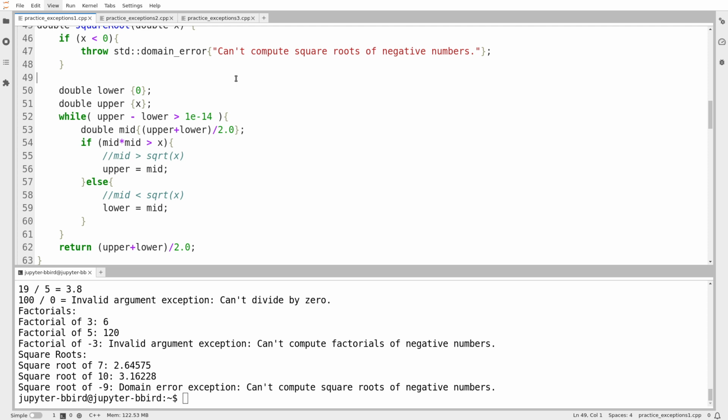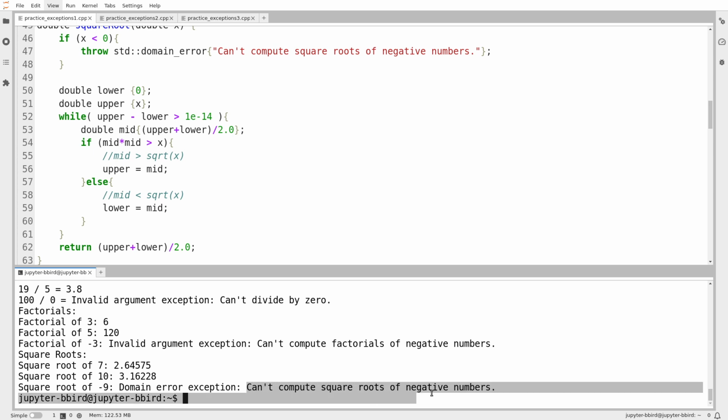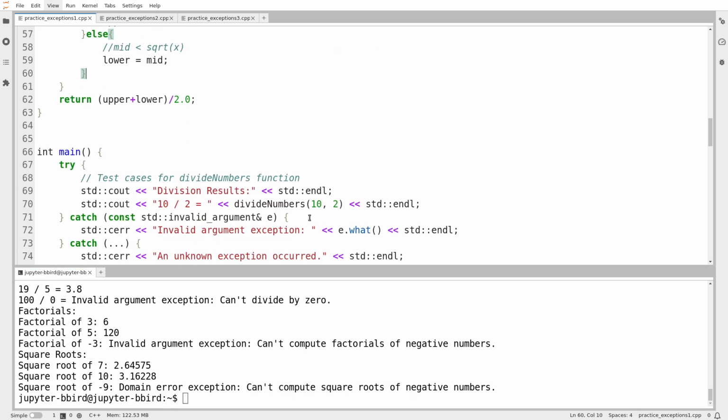Behind the scenes, my hesitation while writing this wasn't, oh, can I write a loop? It was, now that I've written this loop, do I actually believe that this does what I think it does? And I guess it did, so I'm sort of happy about that. And then finally, the test case we care about: when I try to compute the square root of a negative number, we can see that it says can't compute square roots of negative numbers. Okay, so I guess there are exercises for practicing writing code that throws our standard exceptions.